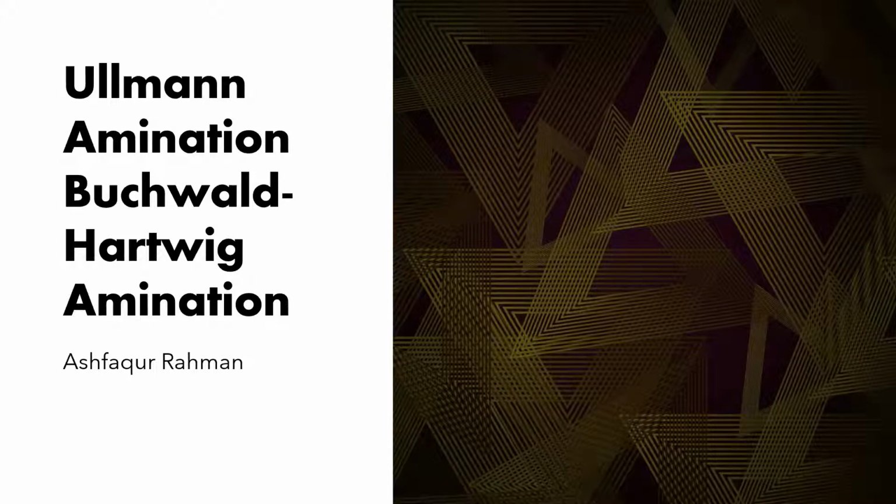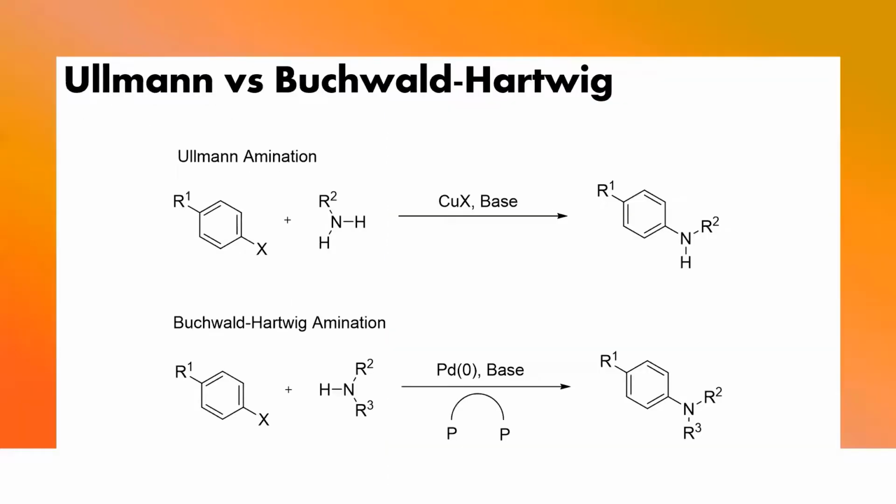Today I will be talking about the Ullmann amination and the Buchwald-Hartwig amination. The two amination reactions are very similar, where both reactions start with an aryl having a halogen leaving group and an amine. They both have a final product of the aryl attached to the amine where the original halogen leaving